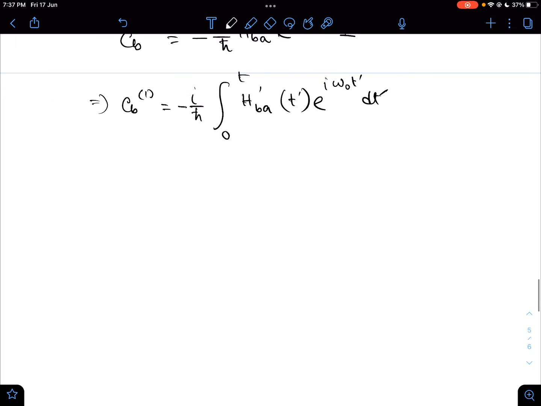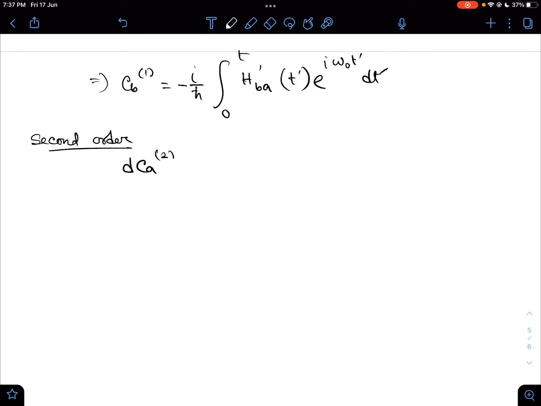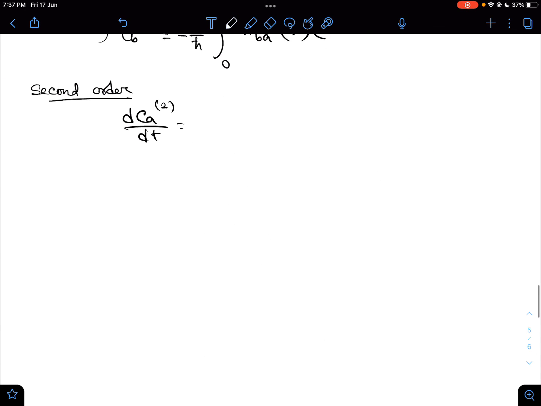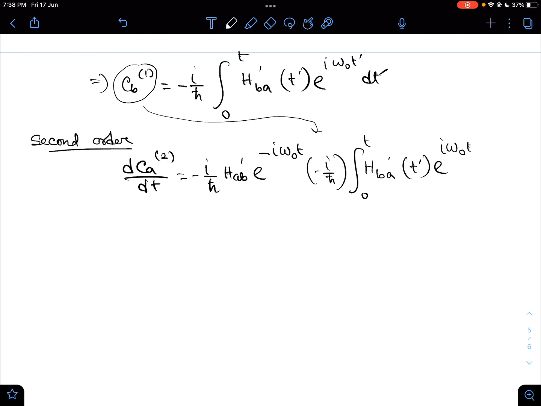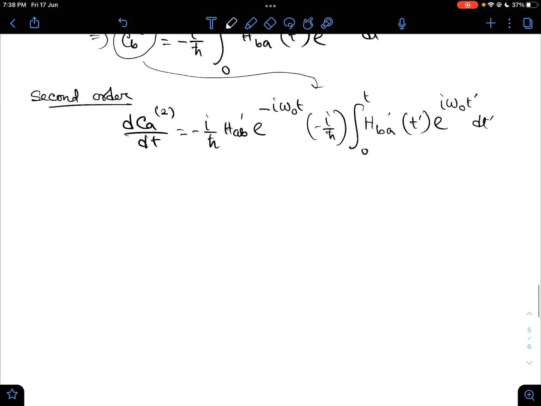So we will calculate the second order. For second order we can write dCA2/dt to be minus i by h cut H_ab prime e to the power minus i omega 0 t, and here we have CB1. So we have to insert this term here. So we will get, again, minus i by h cut integral from 0 to t of H_ba prime(t prime) e to the power i omega 0 t prime dt prime. So from that we will get our CA2 second order term to be, if we do this integral, 1,